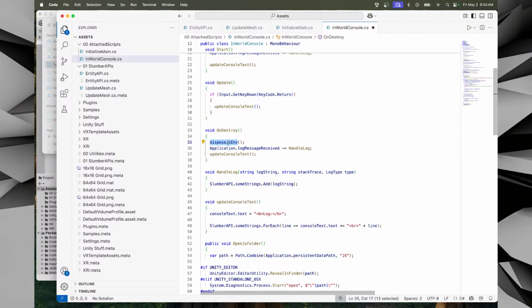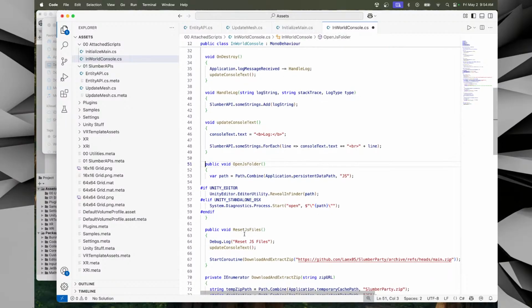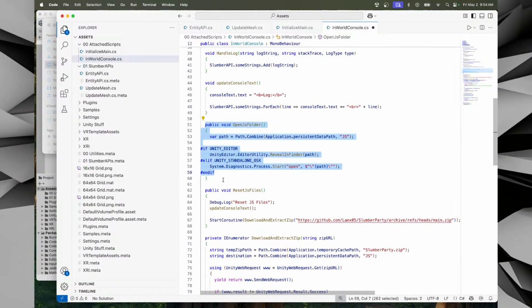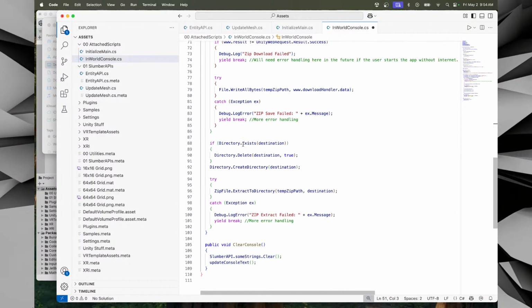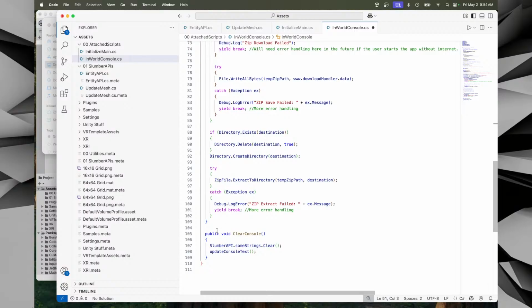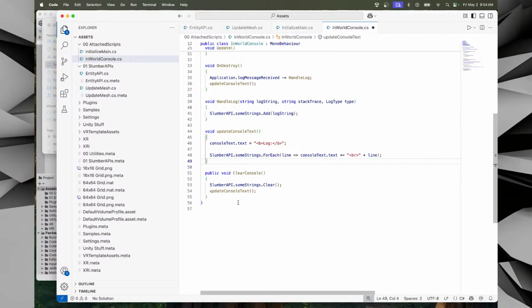On destroy, dispose, log message dot minus. Okay, update console text. Sure. Handle log is here. Update console text is here. Open JavaScript folder. Don't need that. Okay, reset JavaScript files. Don't need that. Downloading extract zip. Don't need that. Clear console. Could potentially use that. Okay. So we got a clear console. So that was a button that I had previously inside the desktop version. So we'll keep this in here,